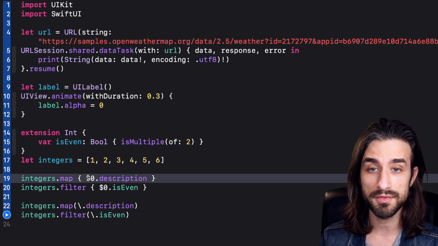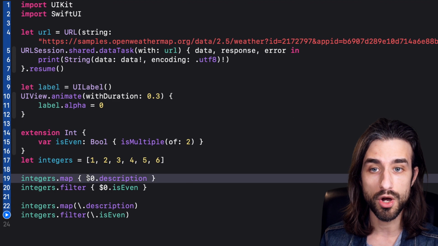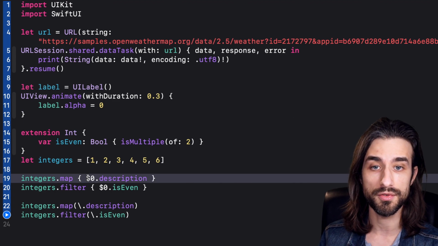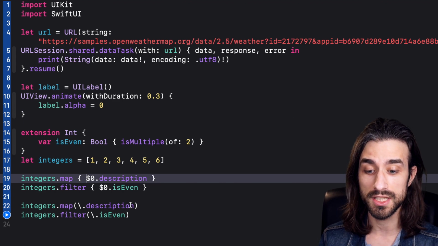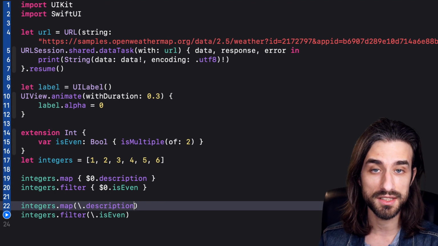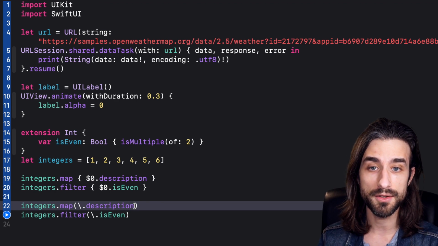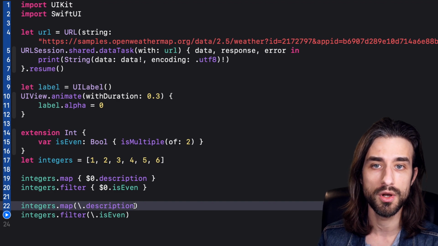It's because if your function is designed to work only with key path and not with raw closure, well, you can only give it a key path, and a key path, the only thing that it can do is to get a property. It cannot do anything else. So we have this guarantee at compile time that the argument that we pass in to the function is only going to do what it is expected to do and nothing else.